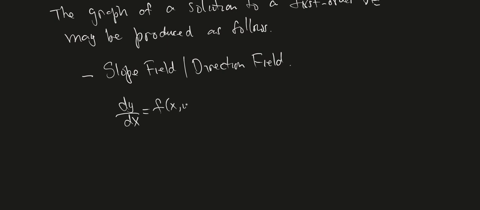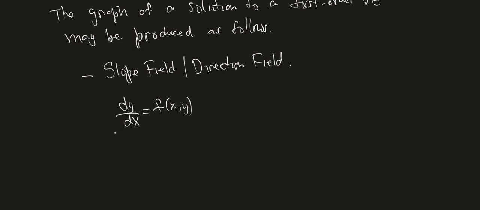Let's say we have our differential equation in our normal form. And let's assume that f of x, y, this function on this side, is defined for all values of x and all values of y. So we can plug different ordered pairs in, right, and get a number. And remember, that number, whether it's positive, negative, or zero,